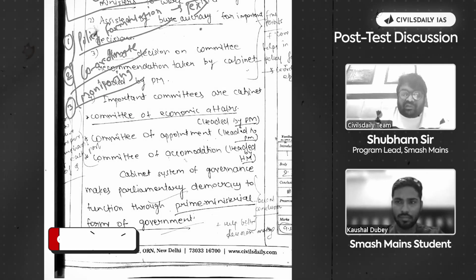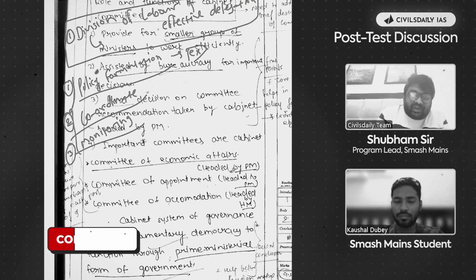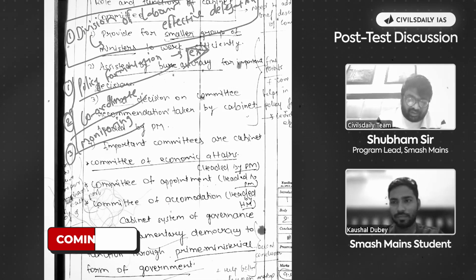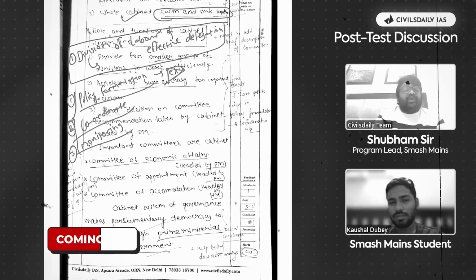These are your powers and functions, and you are elaborating or substantiating each point using the example as well. Try to substantiate your point using the examples, and don't miss out on the key points from the static.